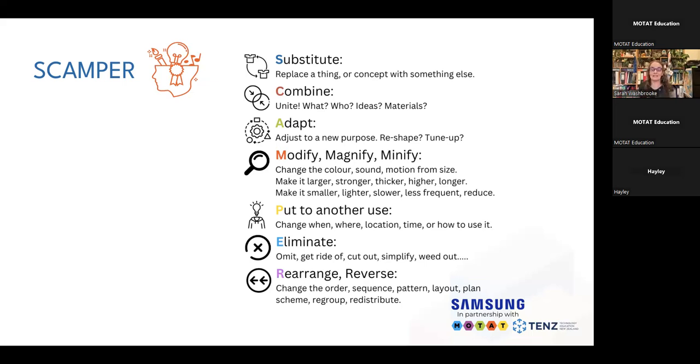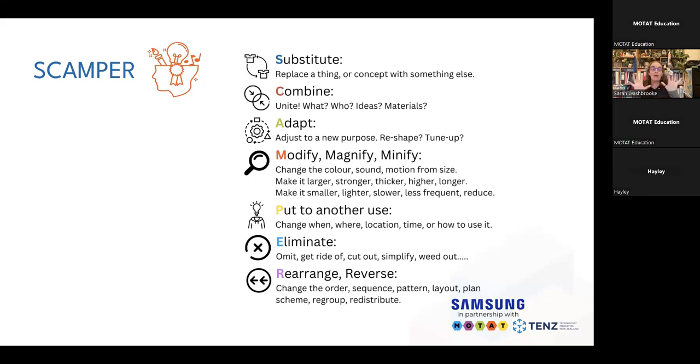because of course that's really important as designers. And then when you're looking at the design of something and looking at shape and patterns and how things are put together, can you rearrange and reverse it? Can you alter and change the ideas so that you're actually playing with really the form of something, the aesthetics, the overall look of something? Will that help and change and develop your idea too?